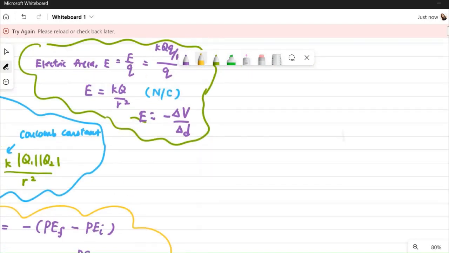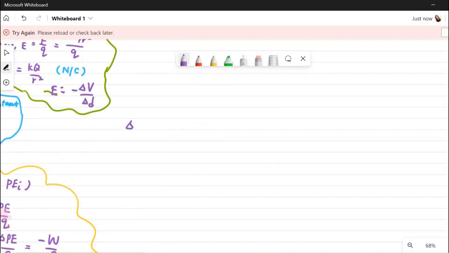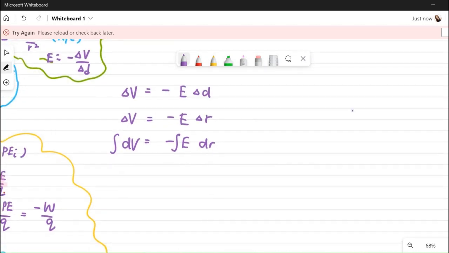And now, if I rewrite this electric field and the electric potential difference in terms of integration, it can be written as delta V is equal to negative E delta D. Instead of delta D, I can also use another term, call it R, which is a distance, right? So delta V equals negative E delta R, or I can write it as dV equal to negative E dr. So I integrate both sides of the equation, and I will get V is equal to